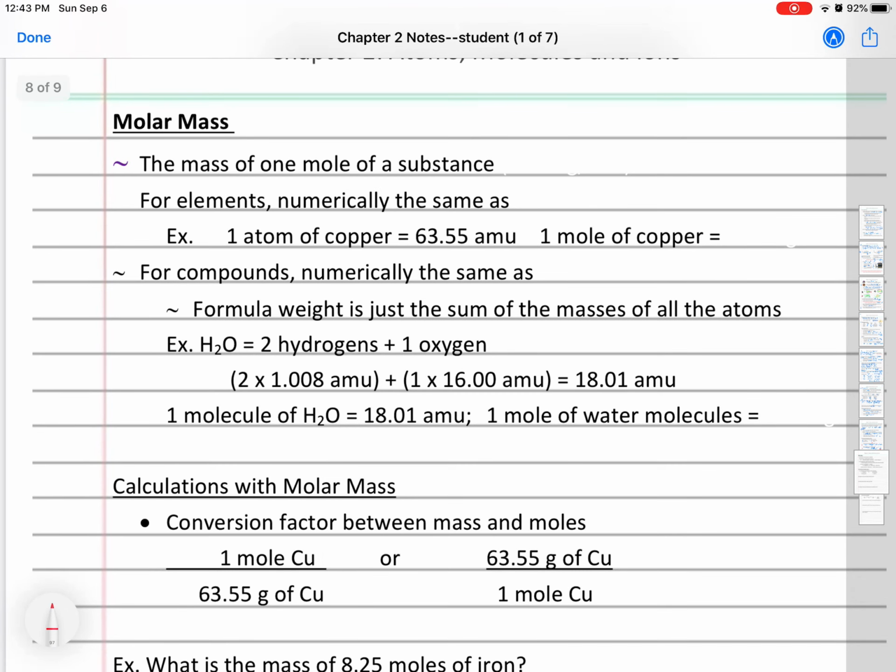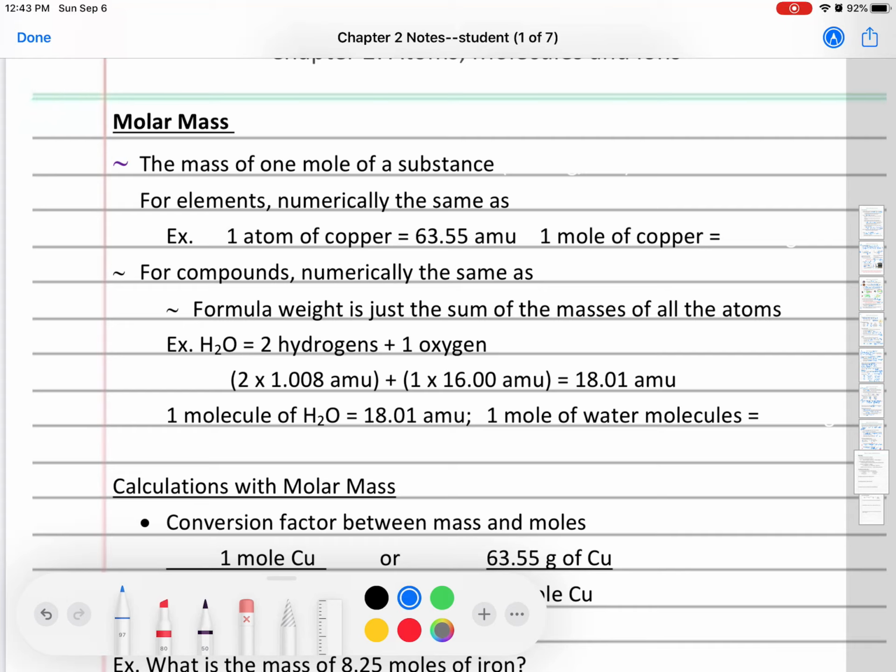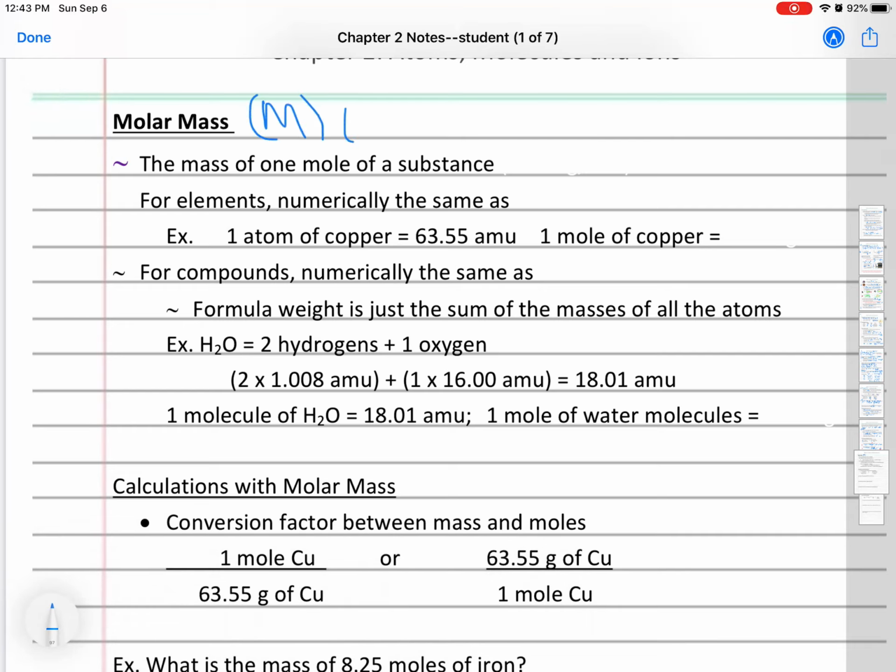All right, so when it comes to elements and substances made of atoms, one atom is such a small amount of something that moles are really more workable amounts of atoms and compounds. And so we have this measurement called the molar mass, represented by a capital M, or sometimes by two capital M's. It's the mass of 1 mole of a substance, and the units, therefore, of molar mass are going to be grams per mole.